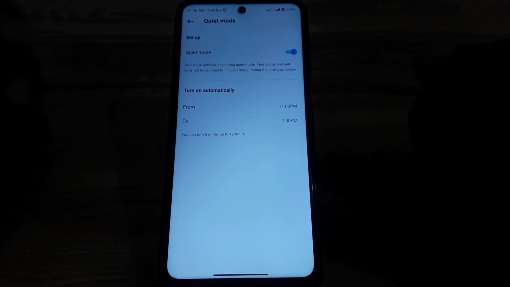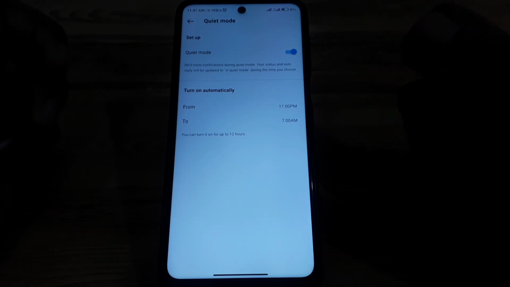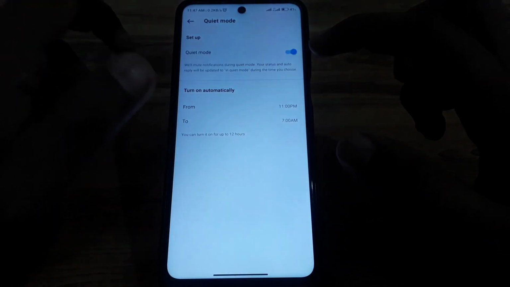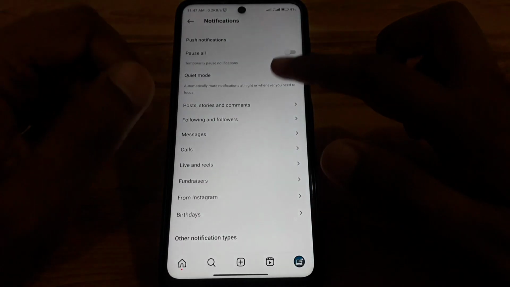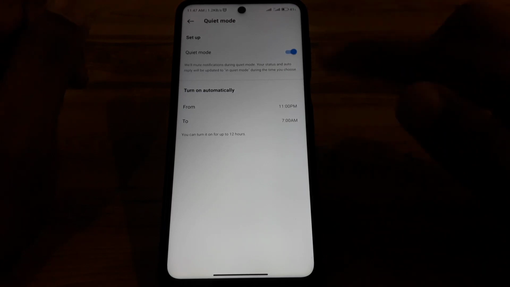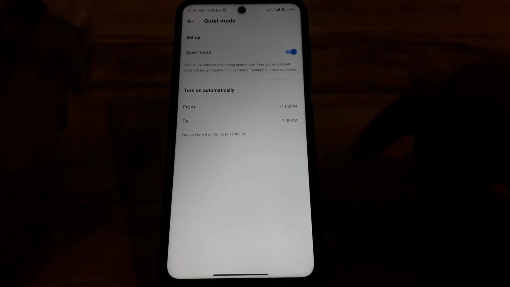And after that, if you are using quiet mode for the first time, then you have to simply set up the quiet mode. First of all, you have to turn on the toggle of the quiet mode, and after that you can simply select the timing you want to get the break from the notifications. And after that, you can simply turn off the notifications for that time,